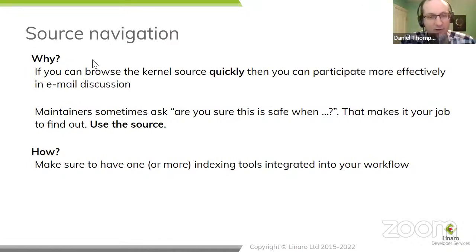So in terms of making sure it's safe, you're going to have to look at the source. You're going to have to find out how it interacts, what locks are involved in the subsystem that you're working with. Will it deadlock if this happens? So it's going to be your job to do the code navigation to figure that out. Sometimes you'll be able to take a shortcut, like, well, I tested it with config debug atomic, but a lot of the time you just have to browse the source to figure out the answer. Now, like I say, there are lots and lots of other reasons that being efficient at source navigation makes you a better developer, but that's the time when it really becomes applicable to upstreaming.